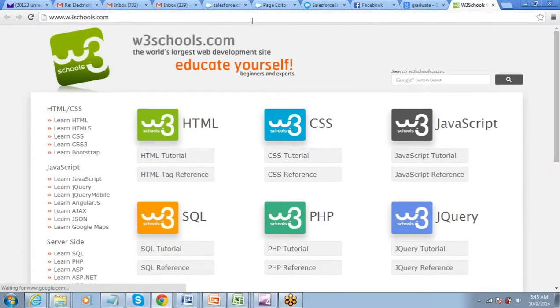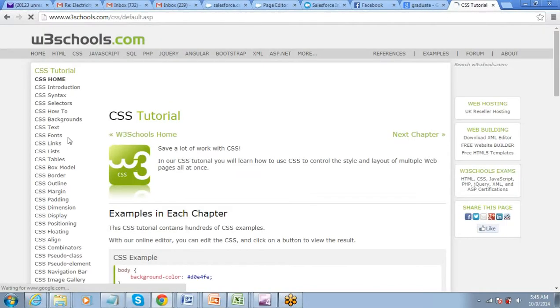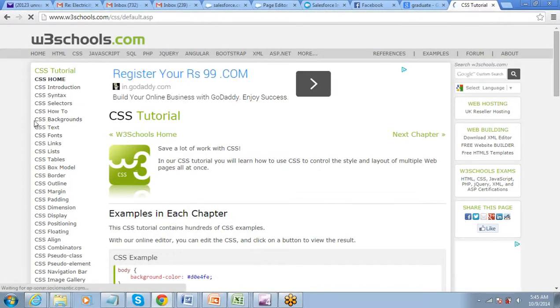Just go to w3schools.com and click on Learn CSS. If you see in CSS, there are things like how you control the background, the text, the fonts.